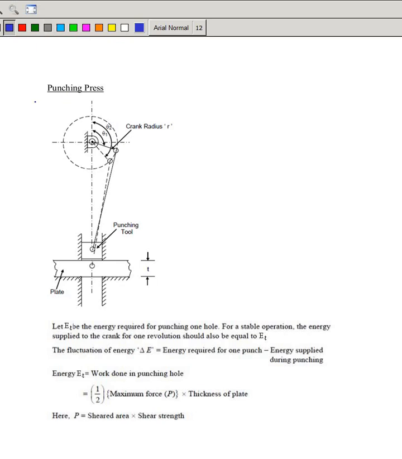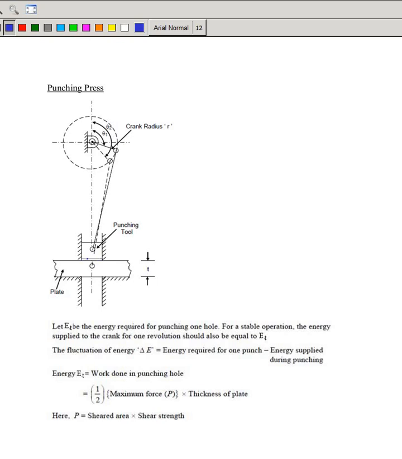So now we discuss the flywheel of a punching press. In a punching press, the energy is supplied by a motor, and there is a slider crank mechanism, and this is the punch, and this is the plate. The plate moves and gets punched. So this is a punching machine, and here the requirement of energy is intermittent, because